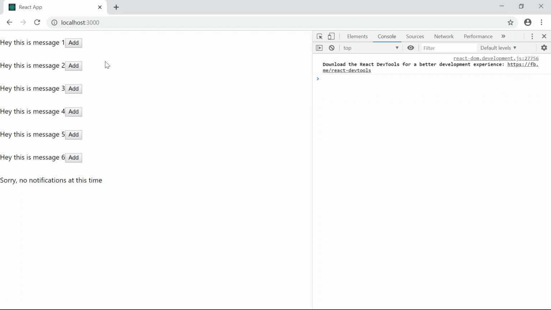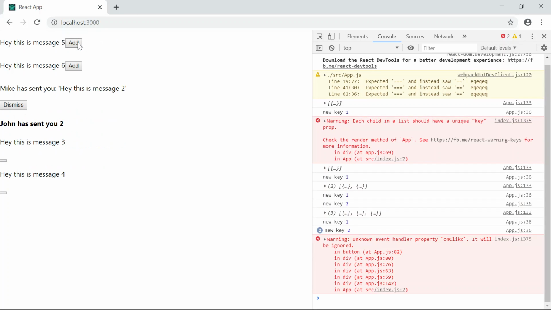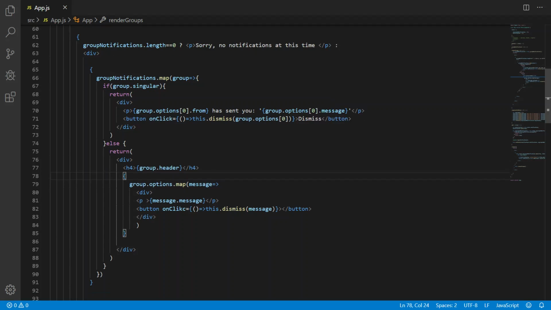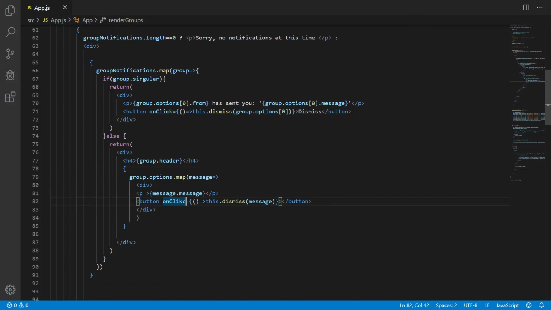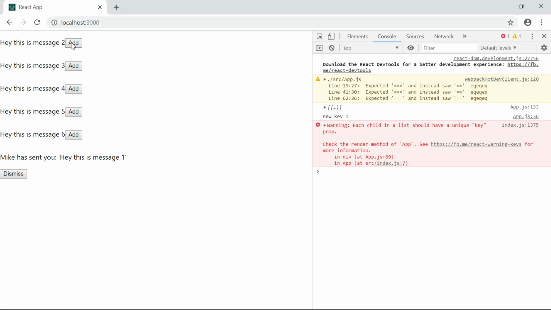So now if we look at it, we add a message, and we have the dismiss button. If we press dismiss, that message is gone. That's pretty cool, and likewise we just keep going and going, but we've got a problem. Hey, this is message 3, and nothing's, well, the reason why that happened was because first of all, we made a typo right here, and second of all, we didn't say dismiss, so it doesn't know what that title should be called. So if we try that again,